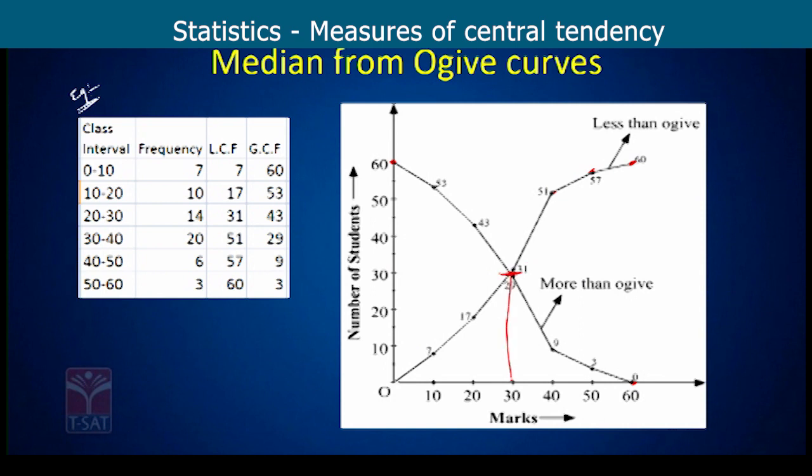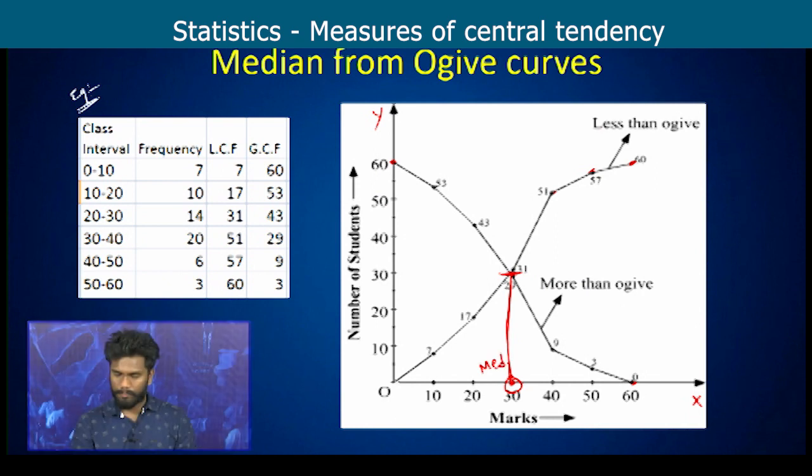the coordinate, when you draw a perpendicular line to the x-axis, that point will give you the median. And when you draw a perpendicular to the y-axis, it will give you n by 2. So these are the two important things you have to remember in the ogive curves: the meeting point on the x-axis corresponds to the median, and on the y-axis corresponds to n by 2. Here n is nothing but the total number of observations, that is the sum